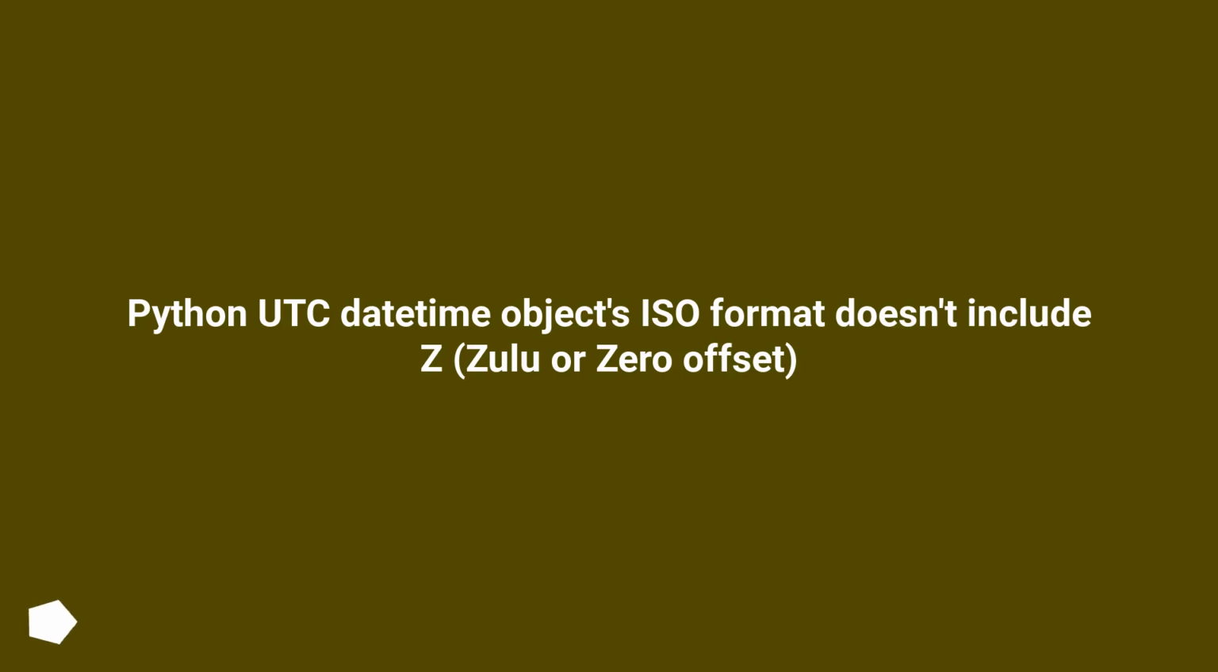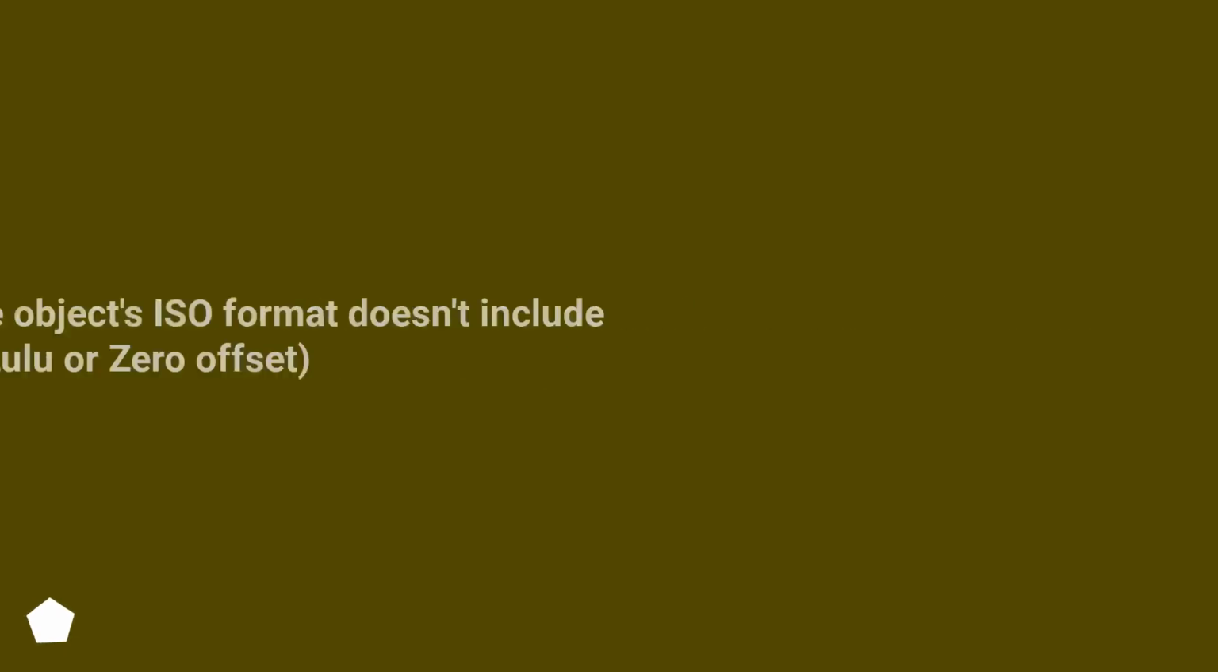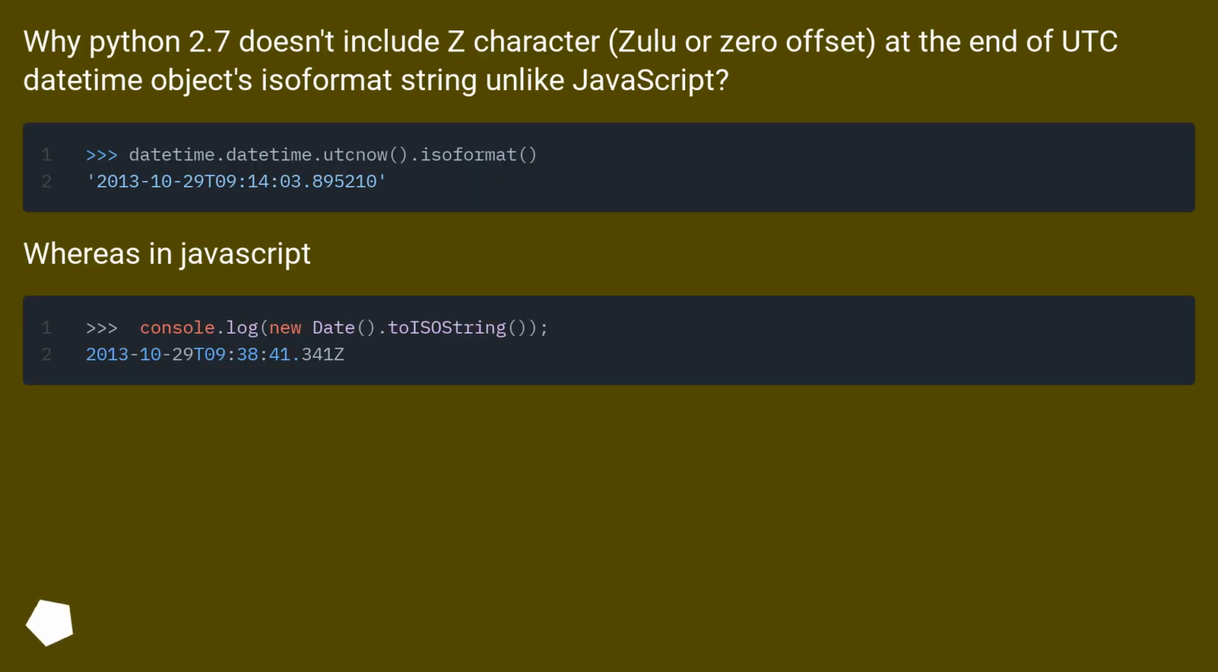Python UTC datetime objects' ISO format doesn't include Z, Zulu or 0 offset. Why doesn't Python 2.7 include the Z character, Zulu or 0 offset at the end of UTC datetime objects' ISO format string, unlike JavaScript? Whereas in JavaScript,